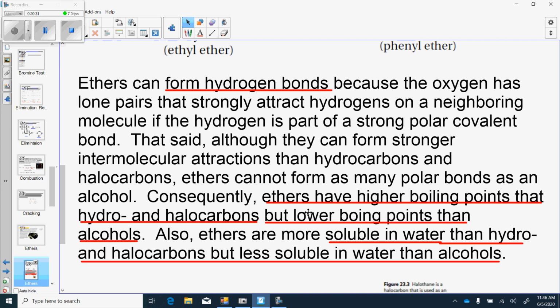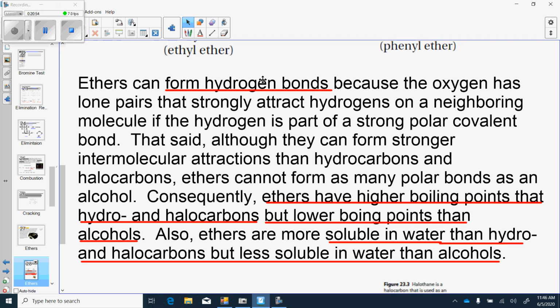Alcohols still have the higher boiling points. Why? Because they create more hydrogen bonding. And the more hydrogen bonding you have, the tougher it is to pull apart those molecules. So alcohols, highest boiling points, then ethers, then your halocarbons and your hydrocarbons, because they aren't really creating a lot